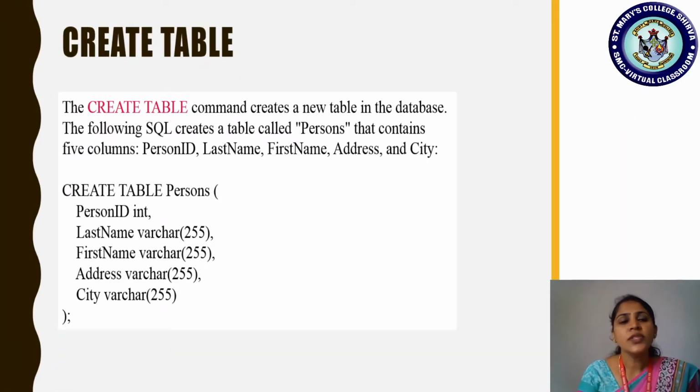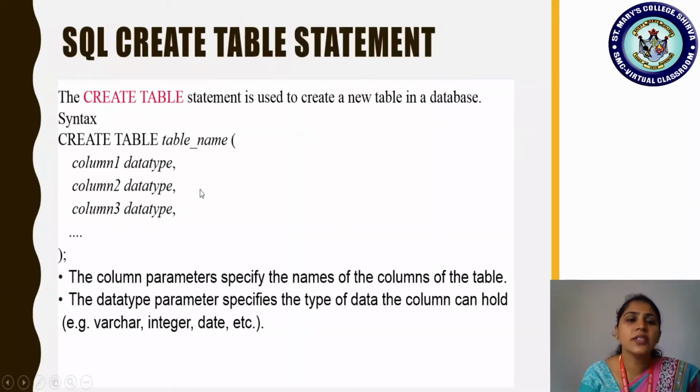Okay. So this is a sample. This is an example with the very previous syntax that we discussed. Okay. So create table followed by table name and then open parenthesis, column 1 data type, column 2 data type, column 3 data type. Observe the commas that are mentioned. You can simply write in a single row also, but here they have shown different rows.